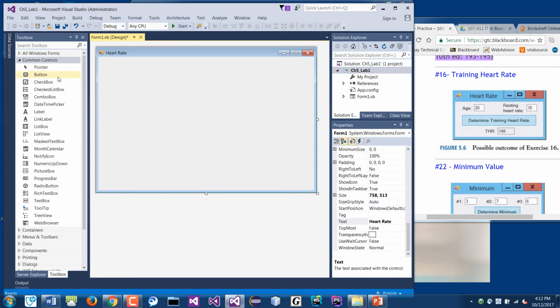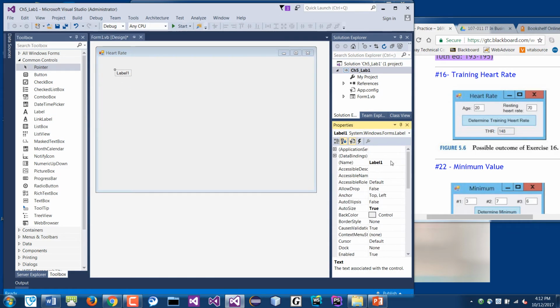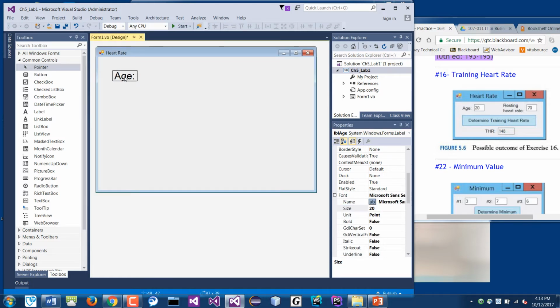Okay, so I'll do label first. This label will be the label for age, LBL age. I'll change the text to be age, colon. You can keep it small. I'll just make mine big so we can see on the screen. So my font, again, I use 20. So the age,